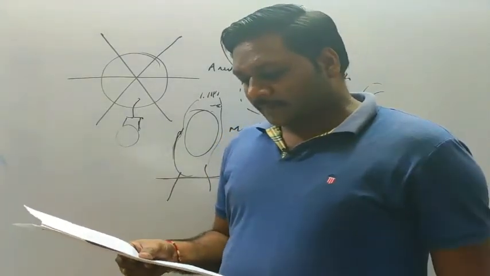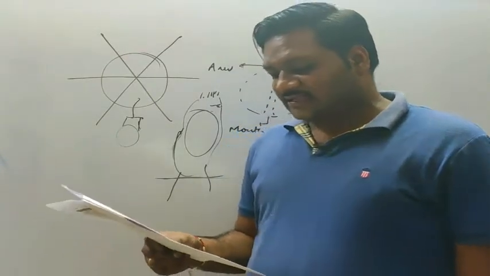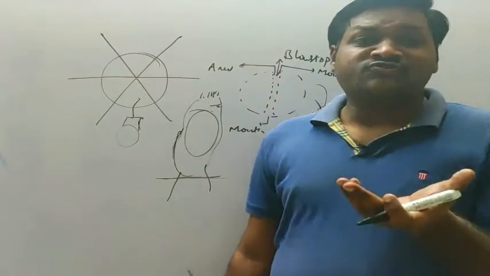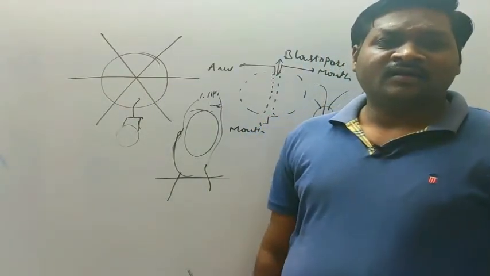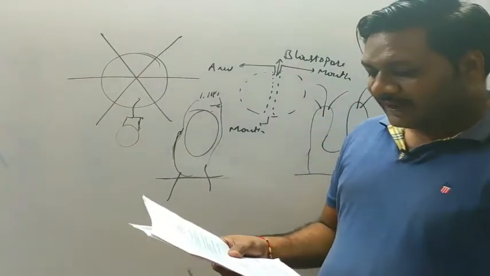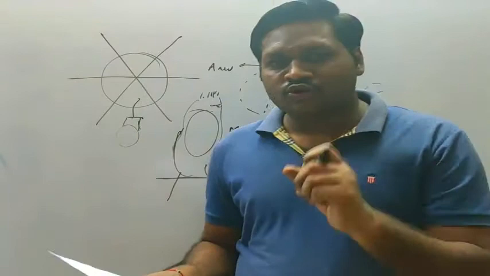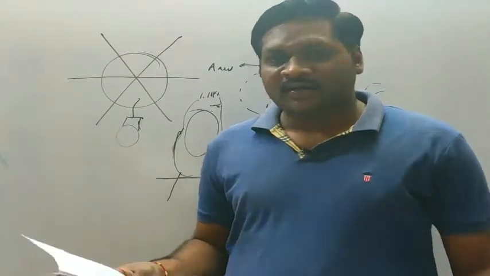The next, the free swimming larva of cnidarians. We have discussed about it in the cnidaria. The free swimming larva is called planula. So planula larva is there. You can see in the notes also. So the correct option for question number 115 is option number A.